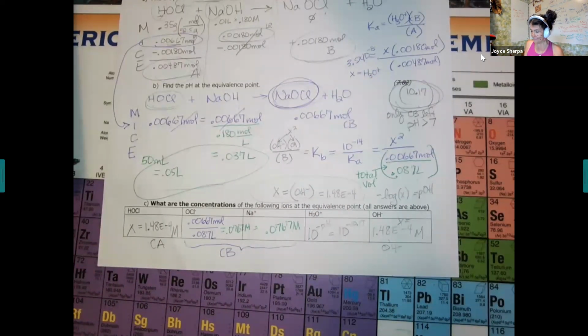Questions? So technically at equivalence, you would assume that all of the reactants are consumed. And I see that the HOCl, that's like infinitesimally small. So is it just considered that it's all consumed? So there's no zeros